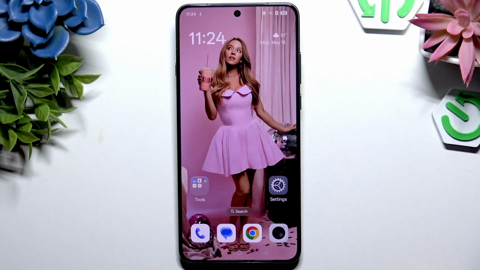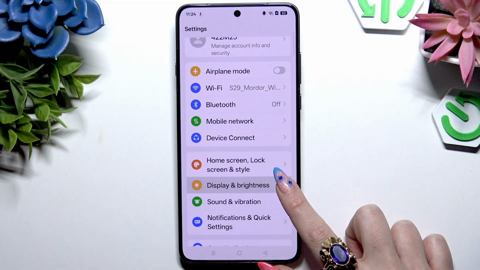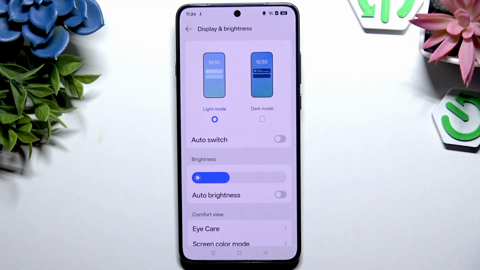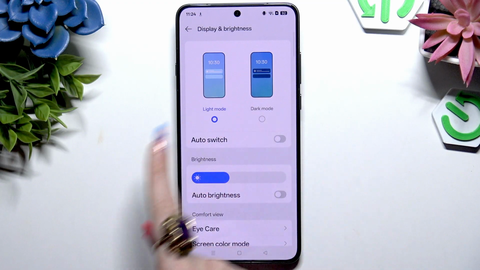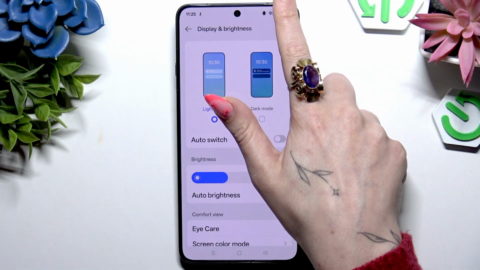First of all, go into Settings and scroll to tap on Display and Brightness available here. Now use this switcher next to Auto Brightness right under Brightness slider to either switch it on or turn it off. If you want to, you can also go into Tap menu by swiping down from the top right corner